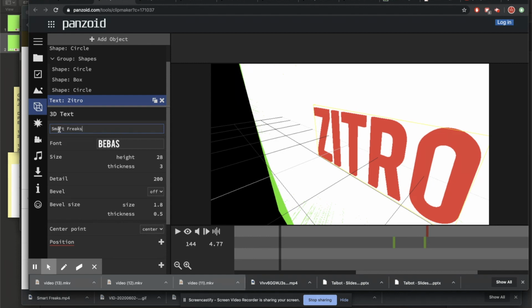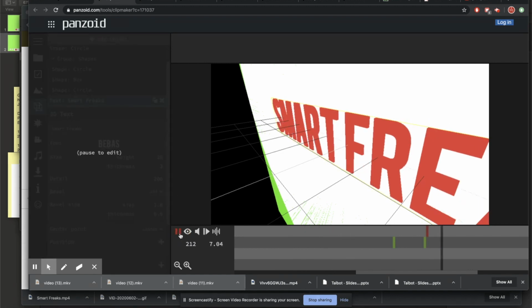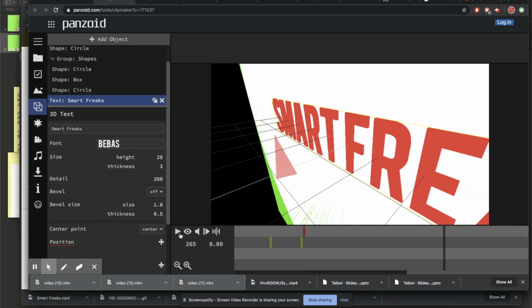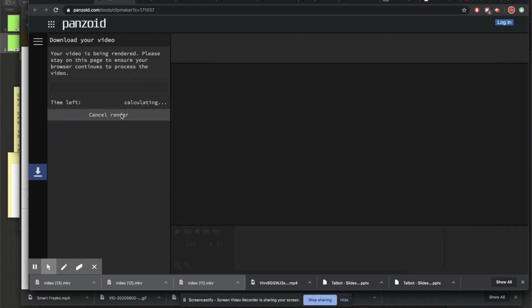Once you are done, you can just check how it is going to look like, and you even have a customization option to render the elements however you want, like in a 3D representation way also. There is a lot of customization available, and once you are satisfied with your animated intro, you basically start the video render. Once the video render is done, you will get an option to download the animated intro.